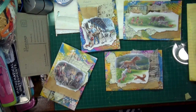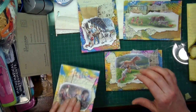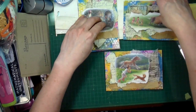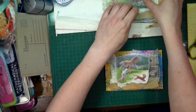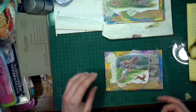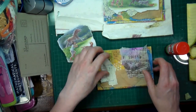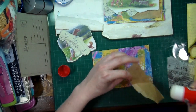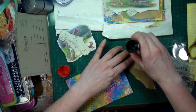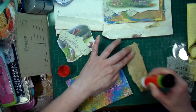Now I need to glue it all together, and I need to choose a sentiment for all of them. Okay, so let's stack them up so that I can kind of remember, because as soon as I take it apart, it's a lot harder to remember where everything was supposed to be. That's part of the game, I guess. I could take pictures, but especially since my phone is here,